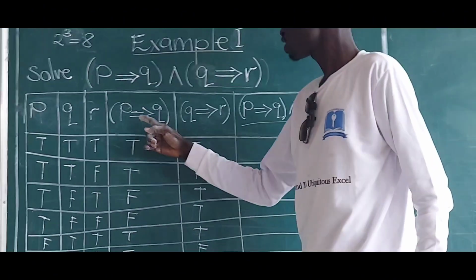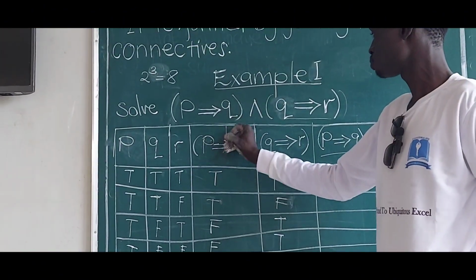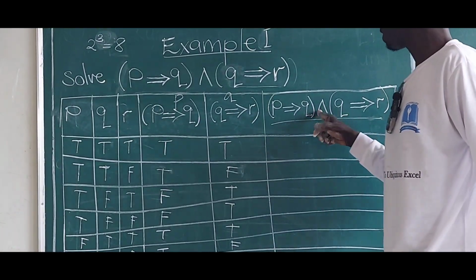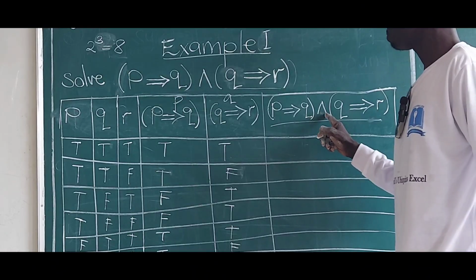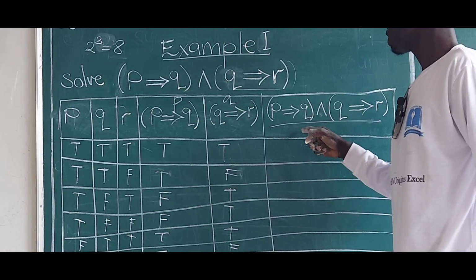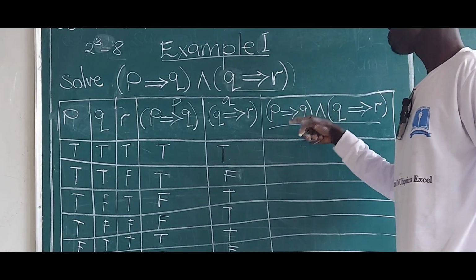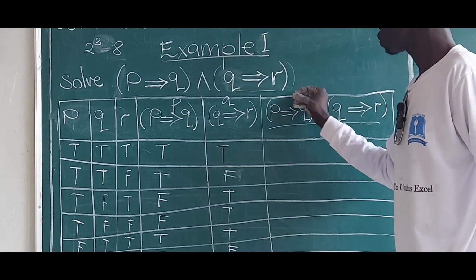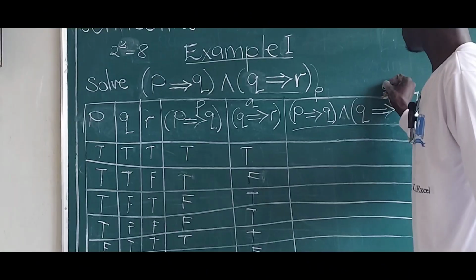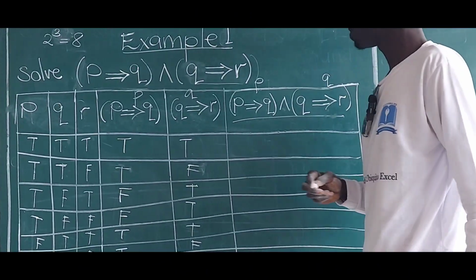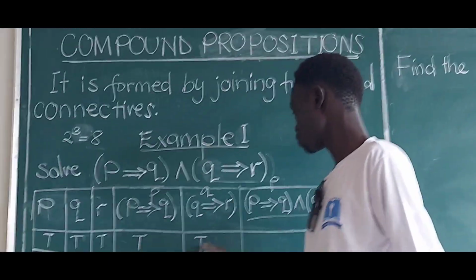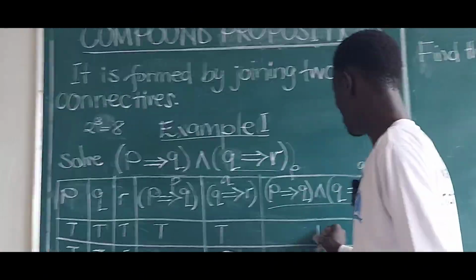Now let us put this one to be P, then this one to be Q. So for conjunction, it says it is true when both P and Q are true. So this one represents P, this one Q. So now if this one is true and this one is true, then for conjunction it will also be